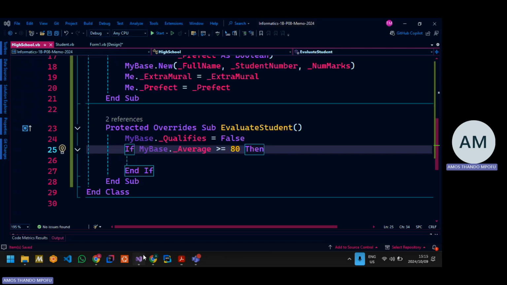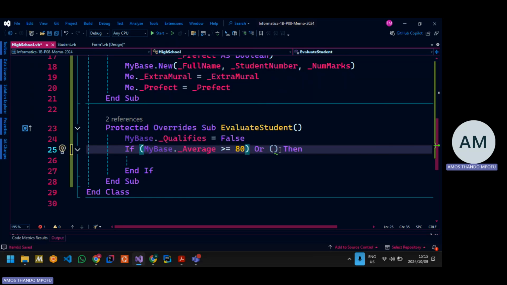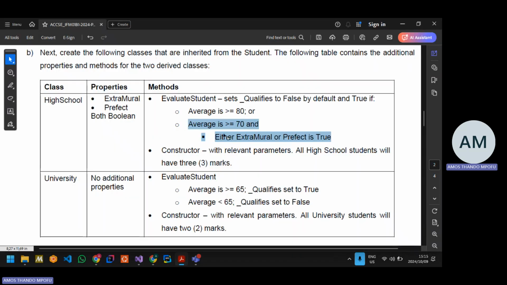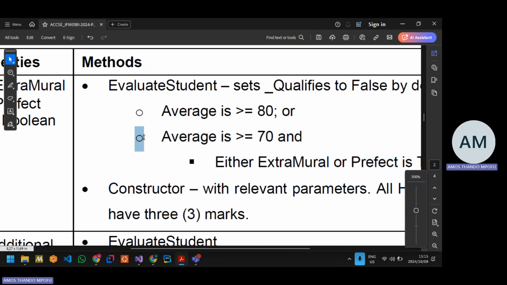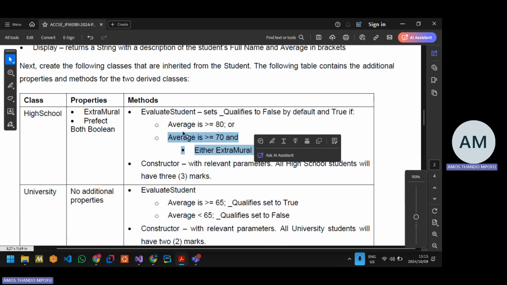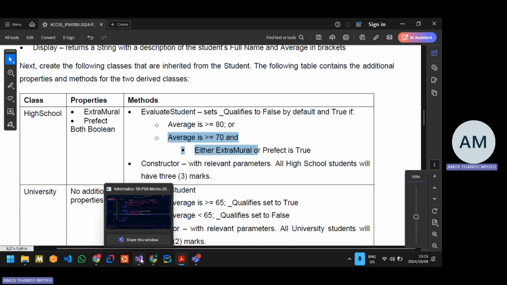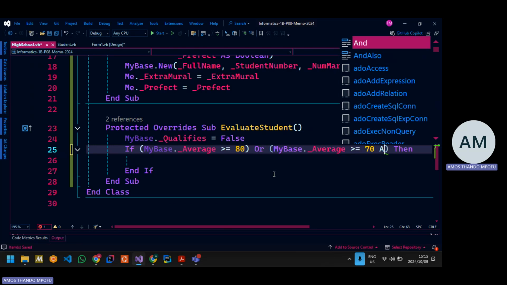So I need to put an or, and the next thing that I check needs to be within brackets like this. So I can put this inside its own set of brackets. And then I put an or there because I need to check these two conditions. So that or, and it can, another sort of a hint, right? You see that it has its own bullet to show that it's a different check, something that you need to check differently. So or average is greater than or equals to, so my base dot underscore average is greater than or equals to 70, and